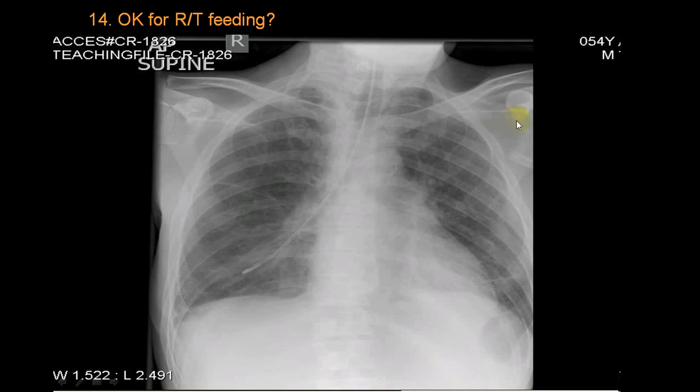Now sometimes you can see here what has happened. This tube has entered into the trachea and it has entered into the right bronchus. And now if you feed him, it will end up with aspiration and there will be collapse of this lung and superadded infection will set in. So this should not happen. Is it clear? So this is very, very important.